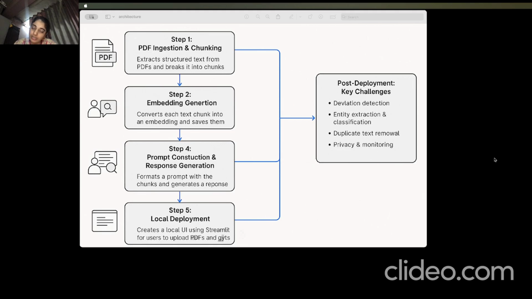I load the text from the PDF and split it into chunks of a set size, and I'm using the overlapping window method of chunking to make sure that the system captures the context very well. Okay, so now the next